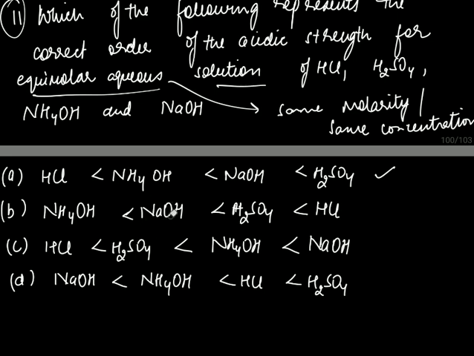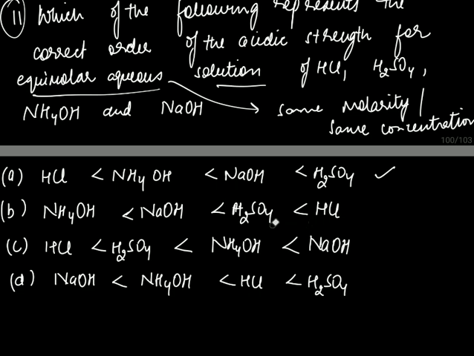Yeah, NaOH acidic strength will be lower than ammonium hydroxide, because NaOH will be falling towards a pH of 14 and NH4OH will be somewhere near 7, or somewhere in the weaker section of the pH. If you remember pH, if you don't remember, please watch my videos. Then